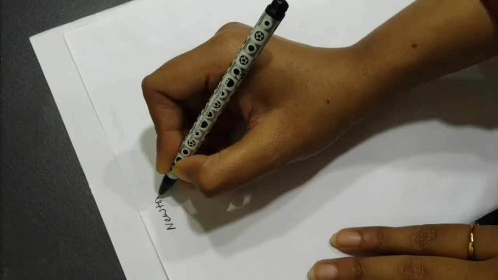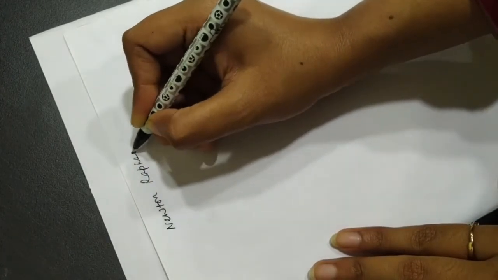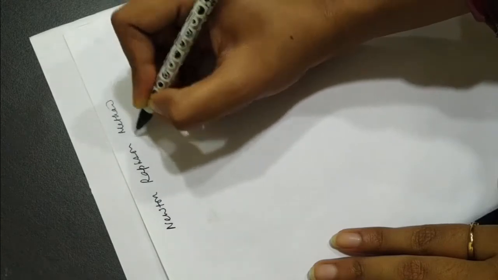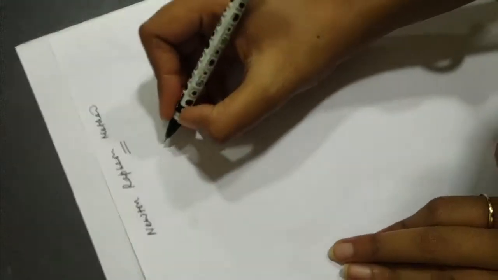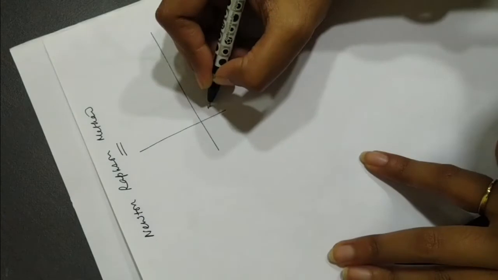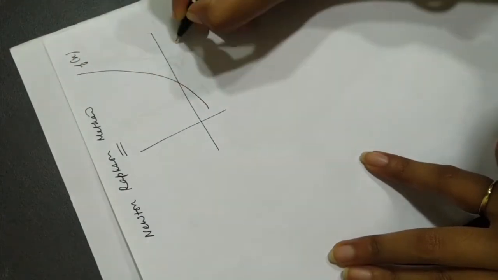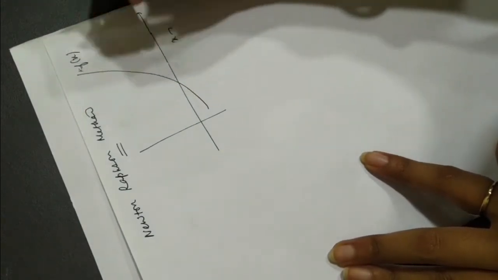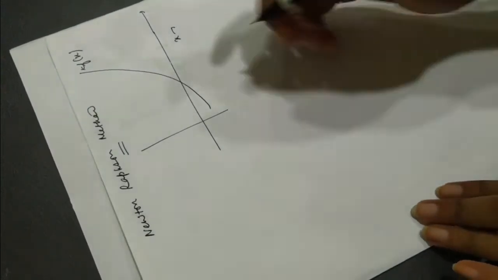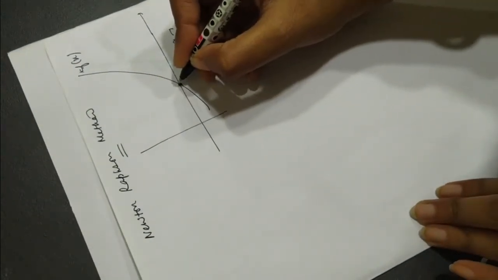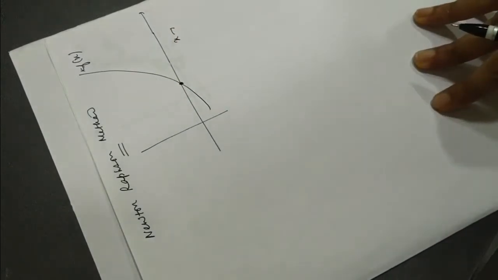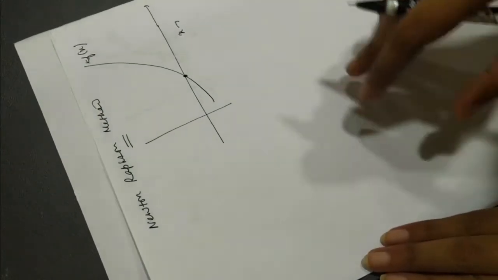So now let's try to understand the Newton-Raphson method. Like I've told you, it is a method of root finding. Let's try to understand it graphically. Say we have a function which looks like this, f(x). x goes along this axis and there's f(x), and we want to find the exact root of the function. That is, we want to reach this point where the value of y is 0, the x-intercept.